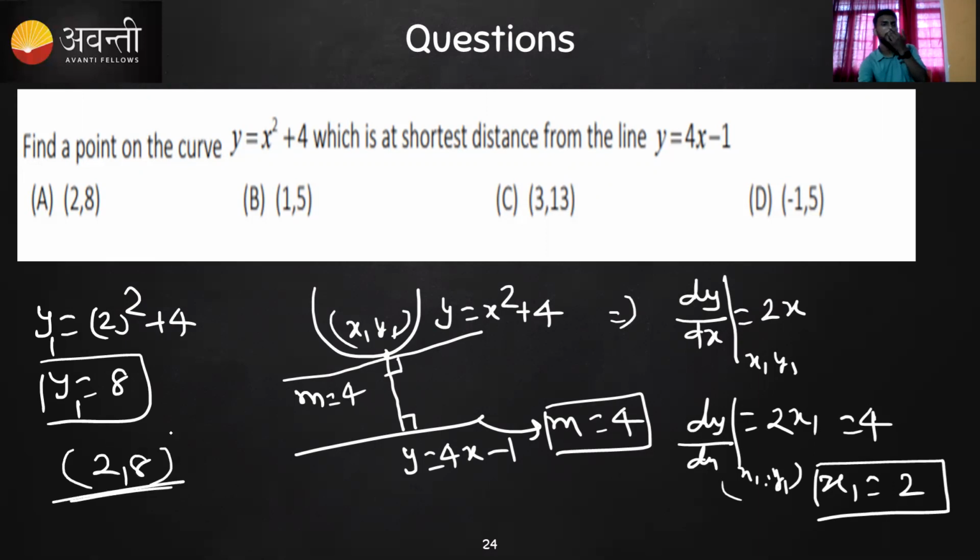Simply what we have done, we know if we have to find the shortest distance, then it should be perpendicular to that line. So perpendicular line, and if we also draw the tangent, it will also touch one point. If we meet both these things, then it will be perpendicular on both sides. So from here we take the help of this slope thing. If it will be 4, then it will also be 4, and then we have found this thing. Okay, so 2 comma 8.